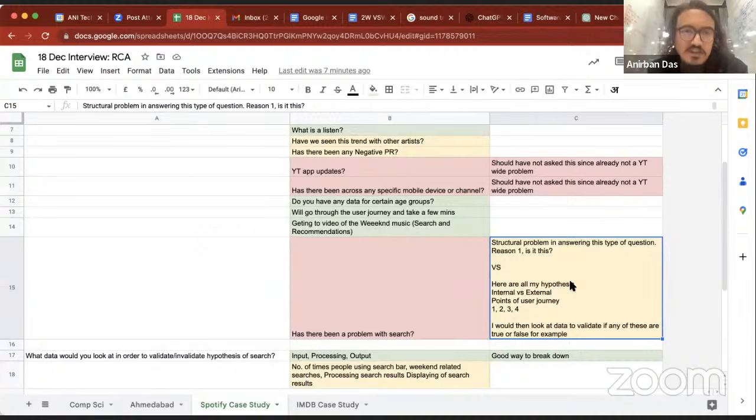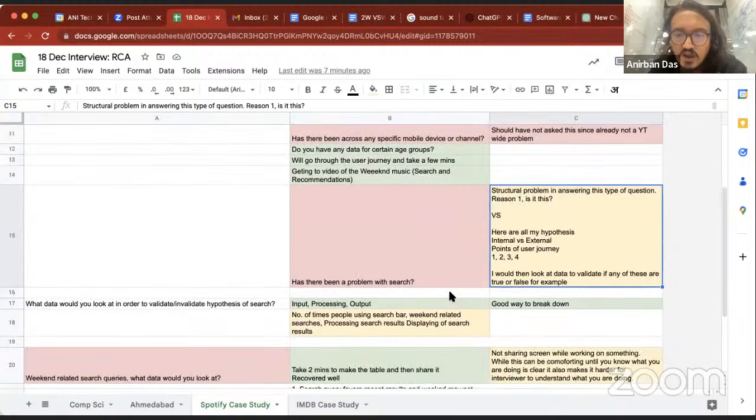Because the problem with the is-it-this approach, and I've seen this in multiple interviews now, at least to see a pattern here, is that it almost becomes like, irrespective of the question, I'm always going to ask whether there's been an app crash or not, whether there's been a negative PR activity or not, whether there's been a tech outage or not. Those are hypotheses that you can apply to literally any problem, at least a digital product problem. So that seems to have become a repetitive trend in interviews. I'm saying this of maybe 5 or 6 interviews such as this, but maybe you can think about the structure and see whether using it makes more sense or not.